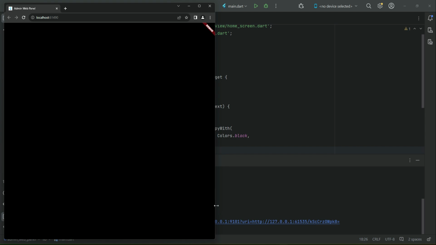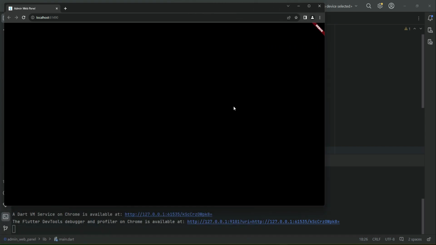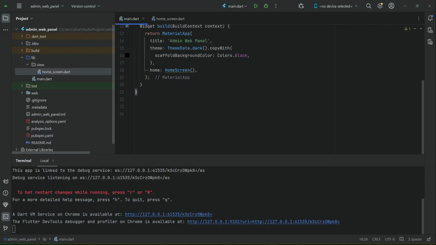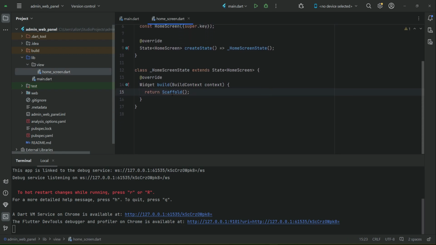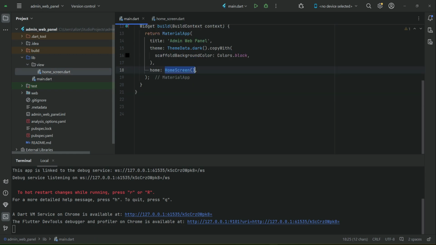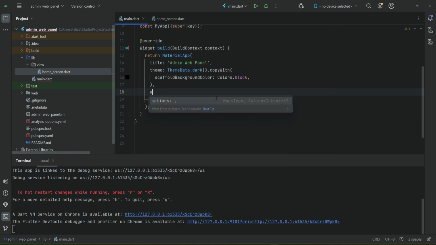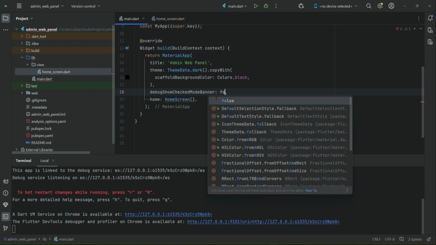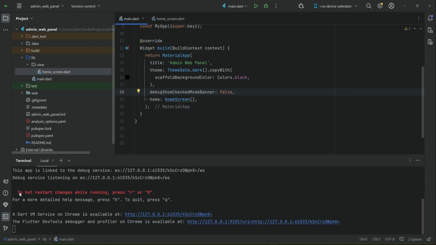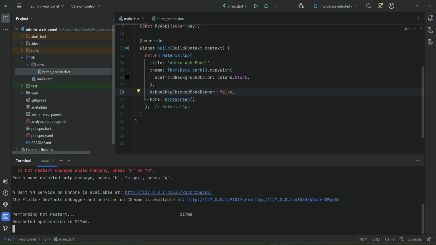So our app is running now, and you can see that for now we have this empty home screen, because you know that our app starts from the first page, which is home page, and for now we have just this scaffold. And let's remove this debug badge, which we can do by simply saying debugShowCheckedModeBanner, set this to false. Now to see the changes, you can hot restart by pressing r or capital R. Okay, here in the terminal just press R and do the refresh, and you will see here